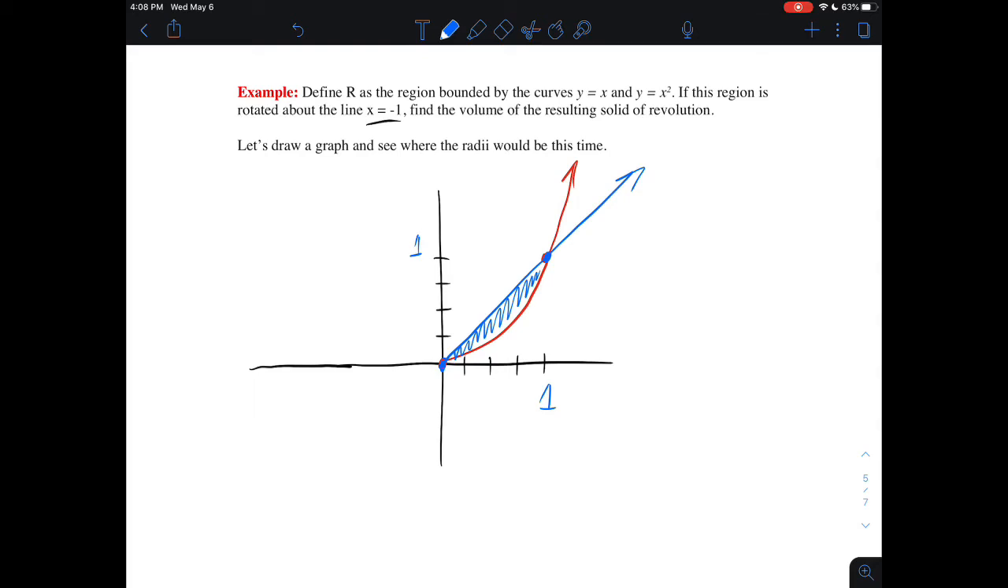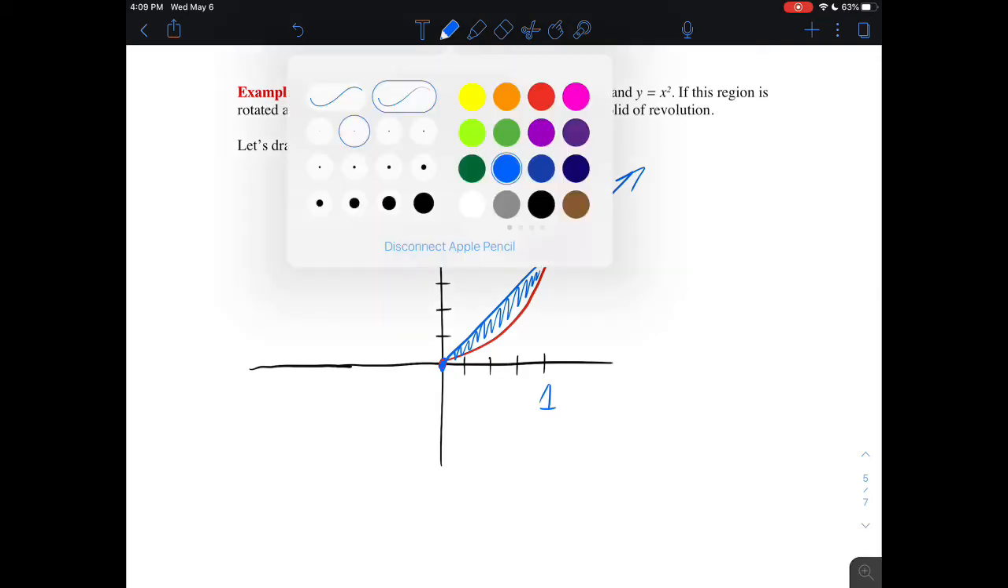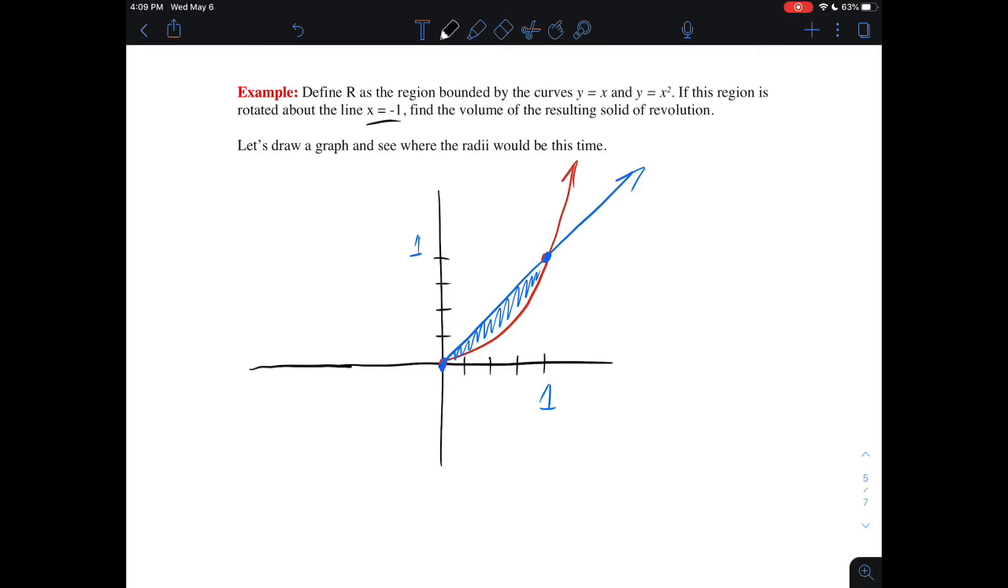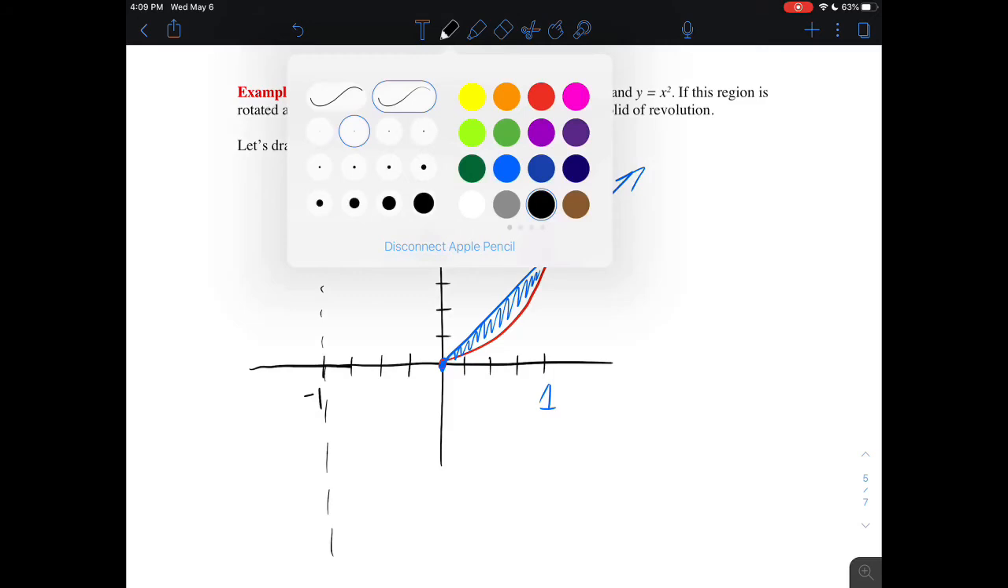So I'm not going to draw anything else with this picture, except my axis of rotation. So if my axis of rotation is x equal to -1, then just using the same sort of scaling like I did in my picture, there's my axis of rotation. So now if I rotate my little sliver here on the right around the axis of rotation, you can get a sense of what that would look like